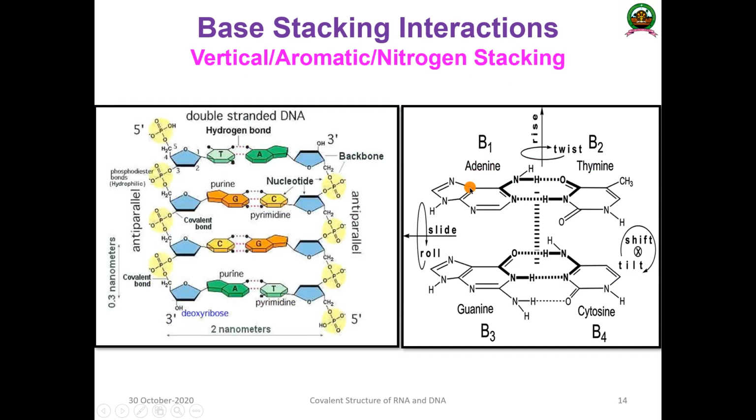And that is mainly due to the vertical arrangement. This we have discussed: the phosphodiester bond, 5' to 3' in one direction. This is the glycosidic linkage. These are hydrogen bonds. And what is the next one? This one and this one. You can see the planar ring, the ribose ring. I told you the structures are not proper; they are a little bit down. This conformational change in the ribose ring is known as ribose puckering. So here you can see the ribose puckering.